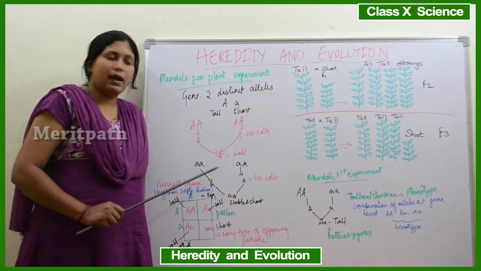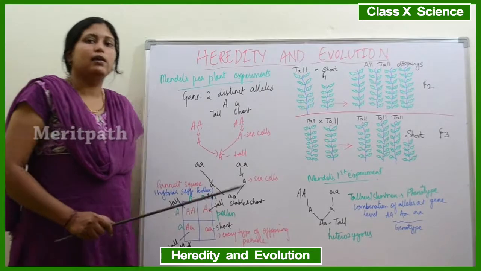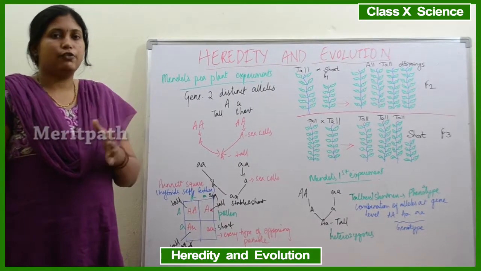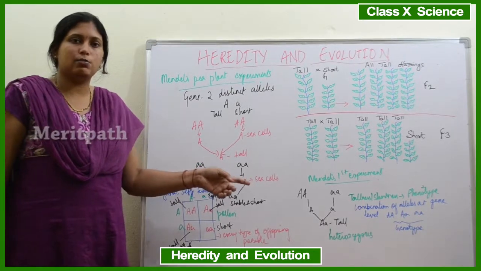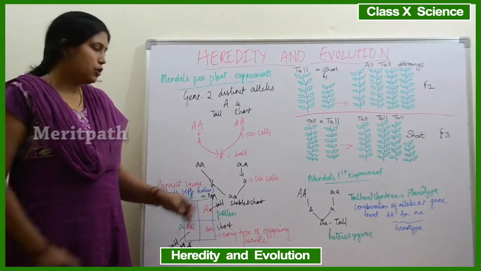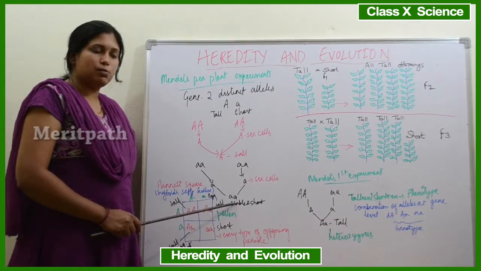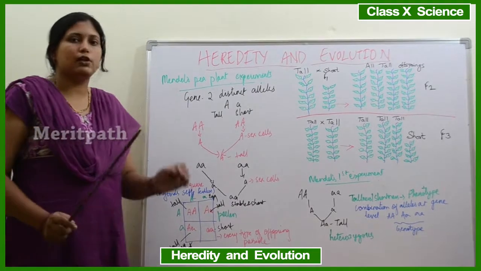And suppose the parent plants are small a and small a, that is the recessive feature, then the haploid sex cells will have a single small a and small a. Then the newly produced variety will be all small a and small a, that is stable and short. You have understood, right?